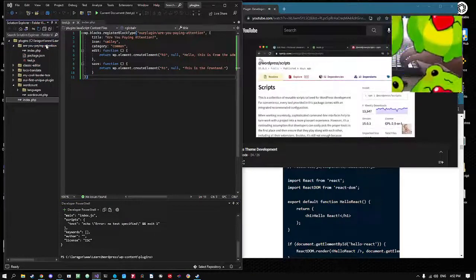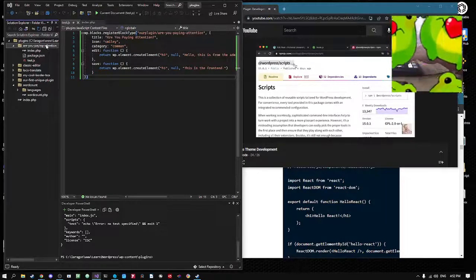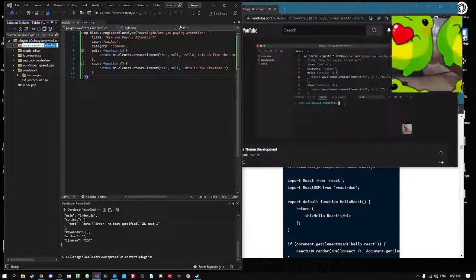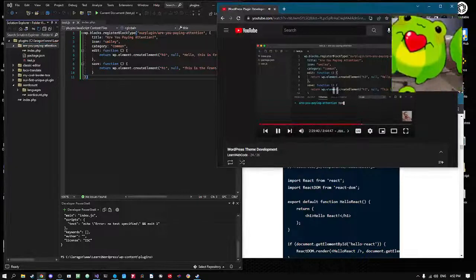We want the @wordpress/scripts package. So type this command in with me now. npm